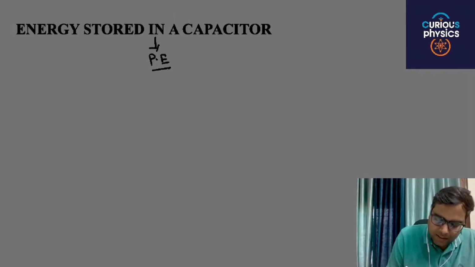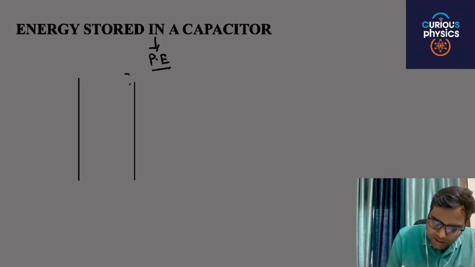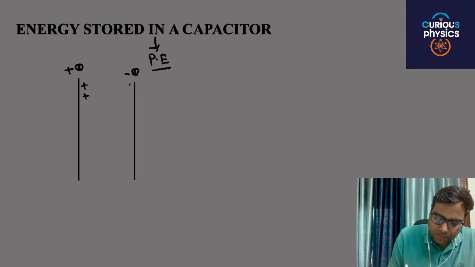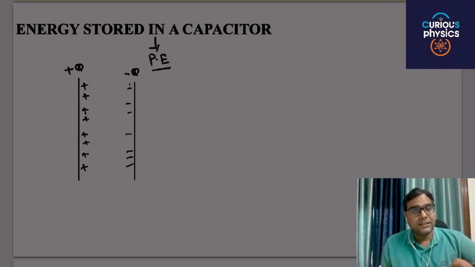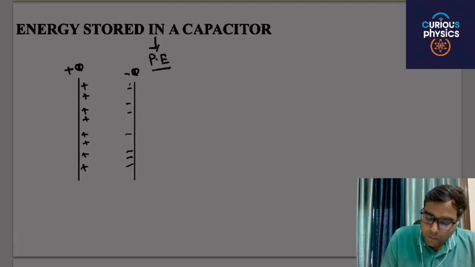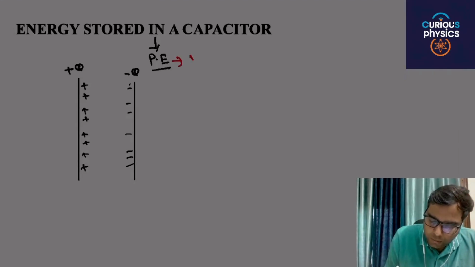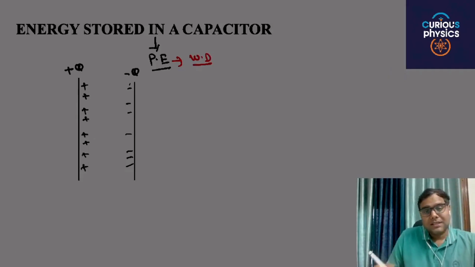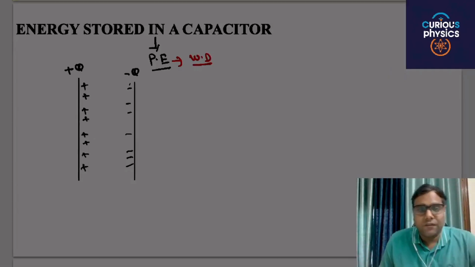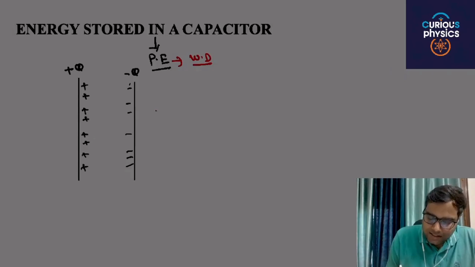Let's say a capacitor. This is a capacitor, and for example its final condition is minus Q and plus Q charge, this plate is positive and this is negative. Here the basic idea is that the potential energy is equal to the amount of work done to produce this system by an external force. So let's consider an intermediate situation.